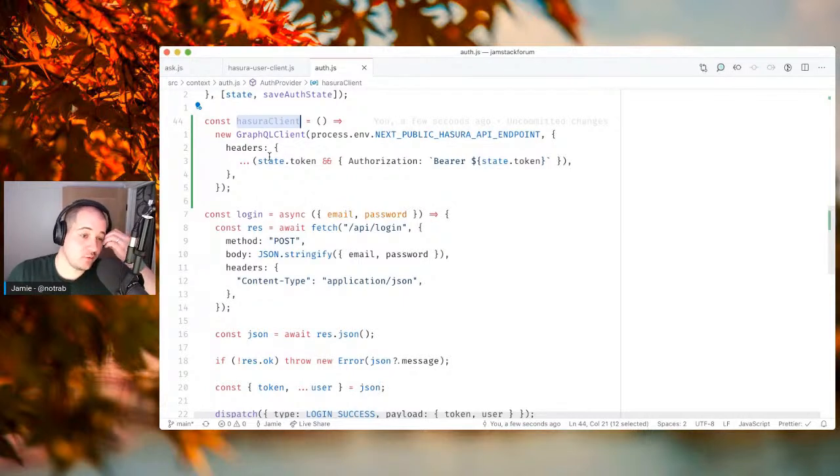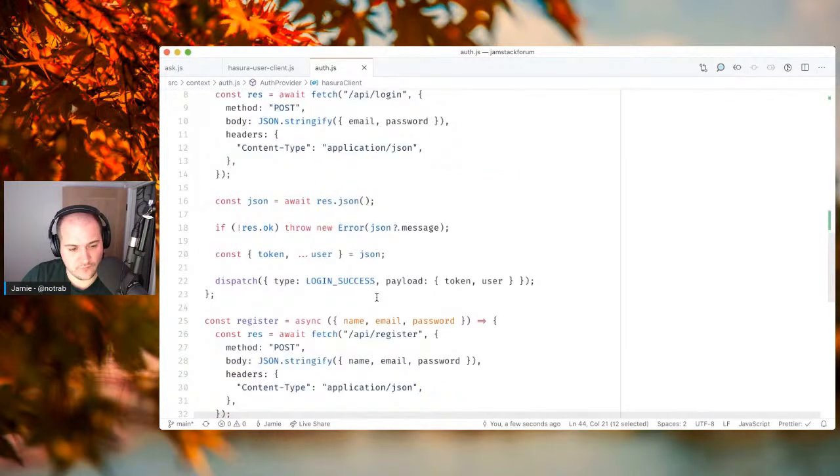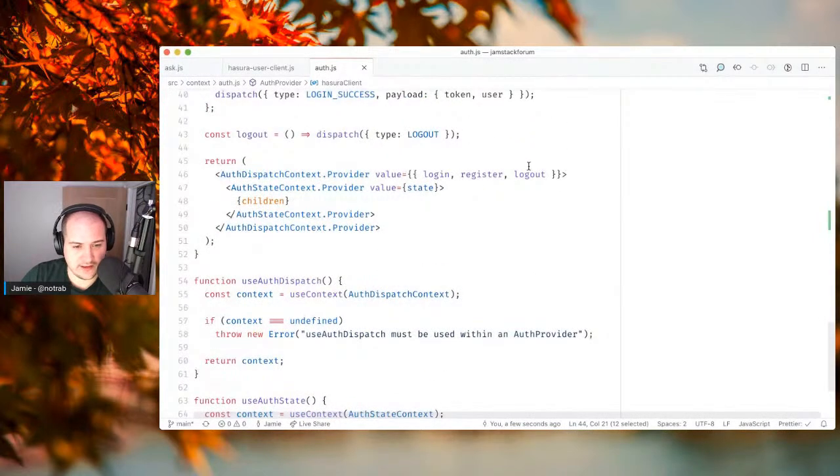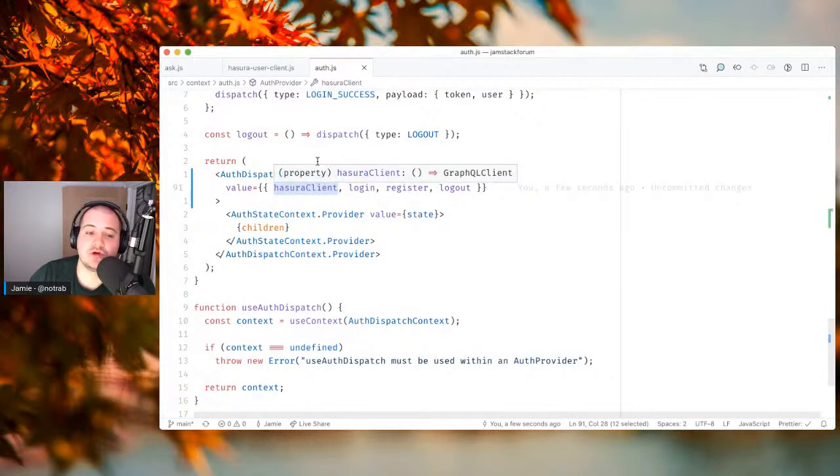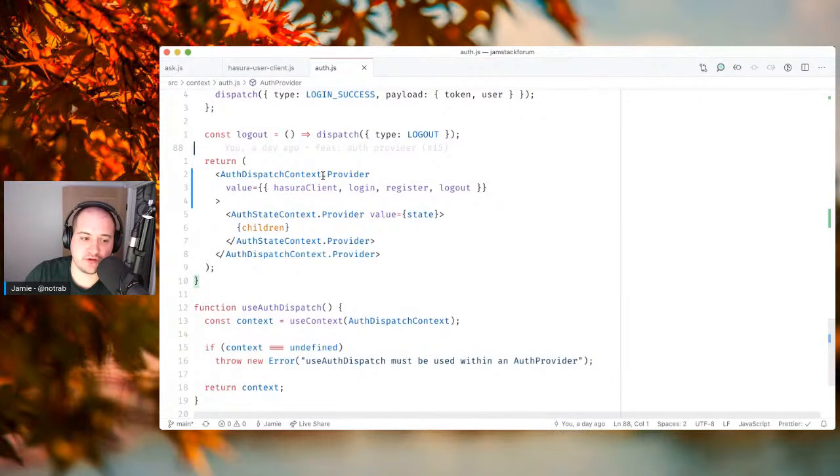So I'm not sure what we should be doing here. Should we be using React useMemo and then passing in that dependency? I'm not too sure. Let's return the Hasura client for the dispatch. This just means anytime we want to make a request to Hasura, we've got to import this client and